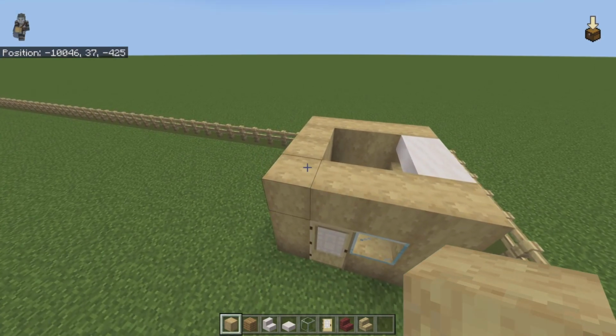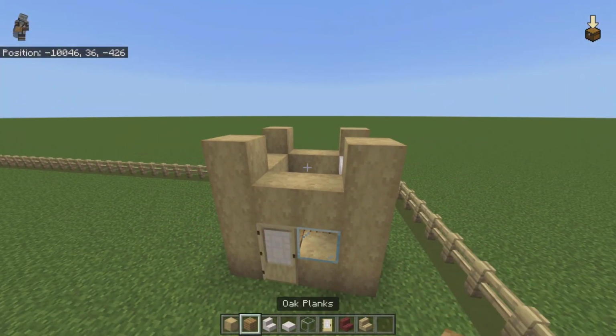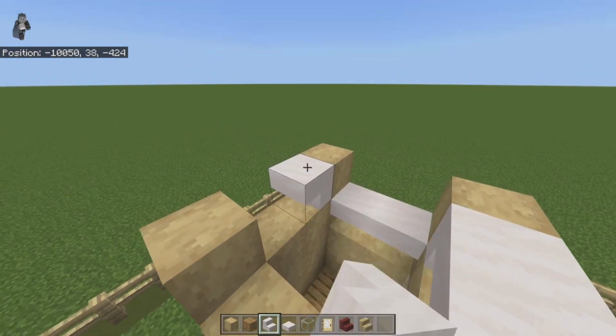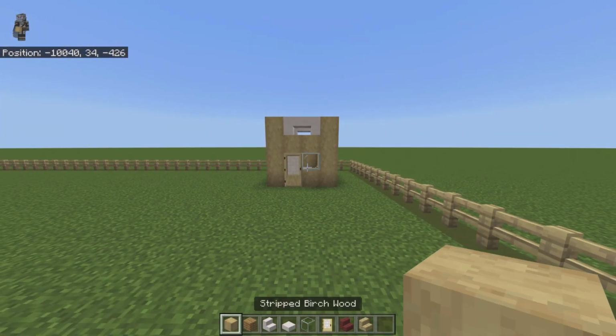At the front and the back, you want to place stripped birch woods on the corners. I guess technically on all 4 corners. And then connecting them together in the middle, at the front and the back, you want to place upside down smooth quartz stairs that face towards each other. So it gives you a little window gap, just like that. Not the greatest looking thing, I can't even lie. But it does the job, so...